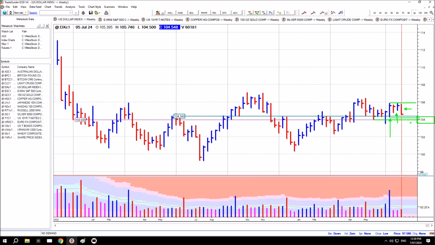So if price continues below that and there's a clear break and close below 104, that would be significant. We'd likely see the market come back and test this level and probably down here. But clear break and close below 104 would be significant, there's no doubt. At this point, the market has pulled back. There could easily just be a reversal here, and this was just like a 2-bar reversal.